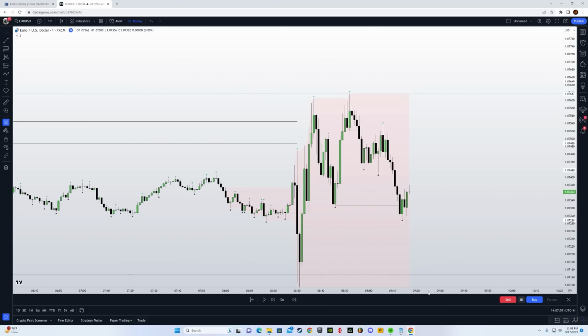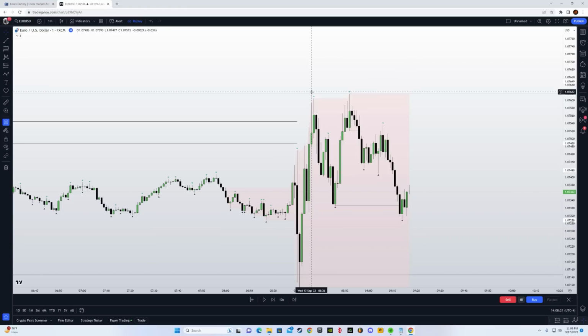So now everything is aligning perfectly. We had a purge, first of all, on the 4-hour buy side liquidity. After that, we looked for a market structure shift on the 15 minutes time frame. Once we had the market structure shift on the 15 minutes time frame, we simply waited till the news event. Now, once the news event occurred, we took out buy side liquidity once again on the 15 minutes time frame,